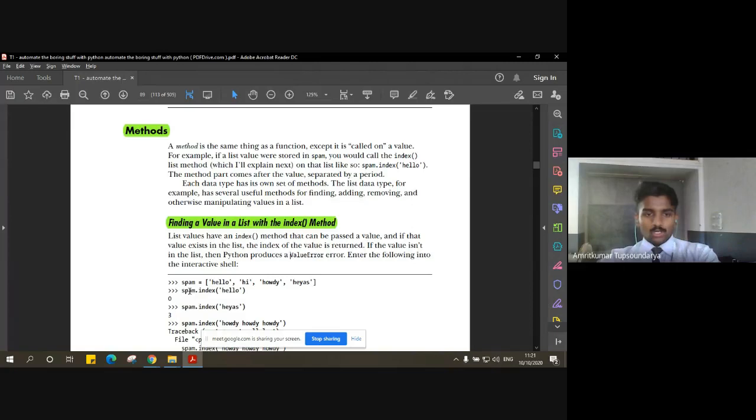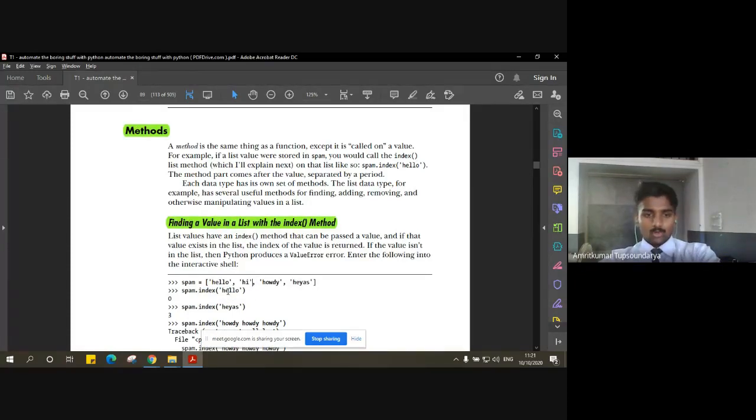So as we discussed, how do we call a method? The method can be called by first calling the module or the name of the list and then the method name. So here is how a method should be called upon. So spam, which is the name of the list, and as I said, the index method, these are methods which are only applicable when we are making use of the list. So first you have to define the list name followed by a dot operator and then the name of the method, and then you can pass the value that we want to operate with.